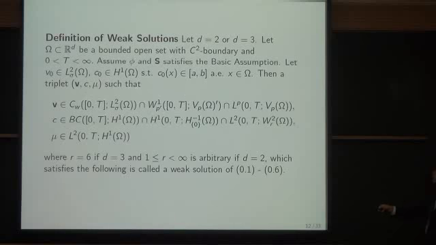And let D0, C0 be in this class such that this holds. Then a triplet in this class exists, where R satisfies this condition as before. And a function in this class is called a weak solution